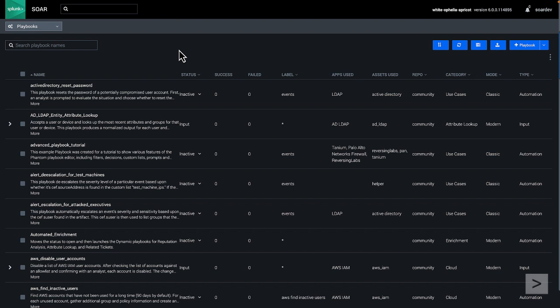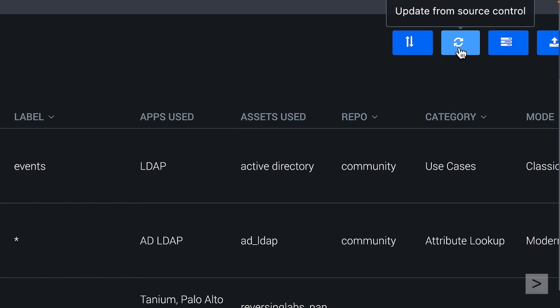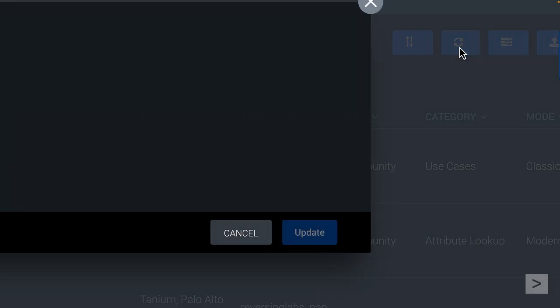Before we start searching for SOAR community playbooks that we can utilize, it's important to make sure that we're looking at the very latest versions of these playbooks. And we can do that by using the Update from Source Control option at the top right corner of the screen. Clicking on this